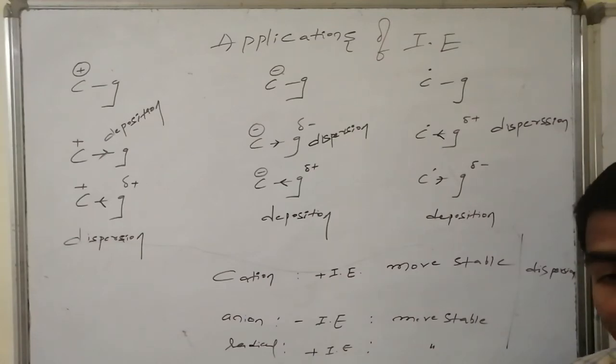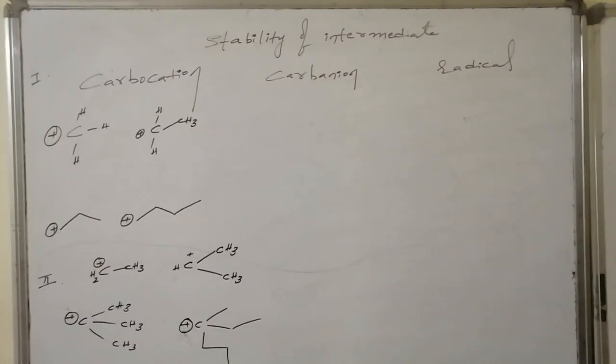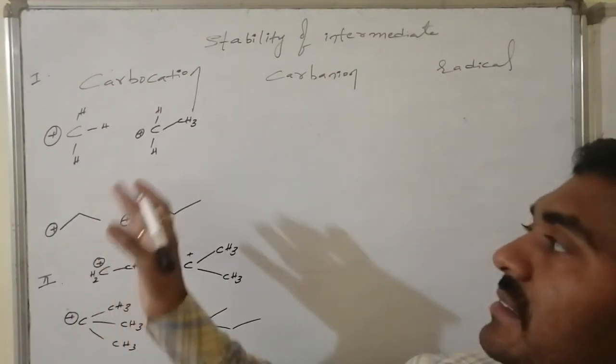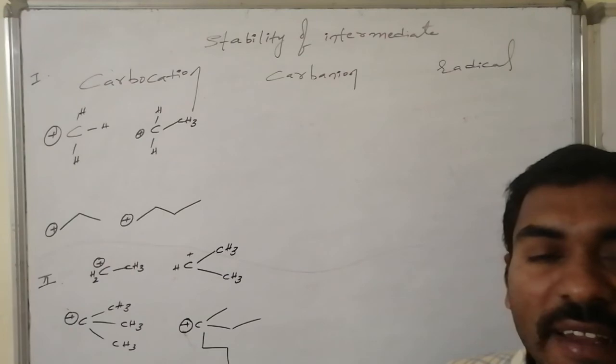That stability-related information influences a lot the reactivity and properties like acidity, basicity, and many other things. Let us go into detail on the exact application of the inductive effect over organic molecules. Yes, stabilities of intermediates. Suppose a carbocation is there: methyl cation, ethyl cation, propyl cation as well as butyl cations.